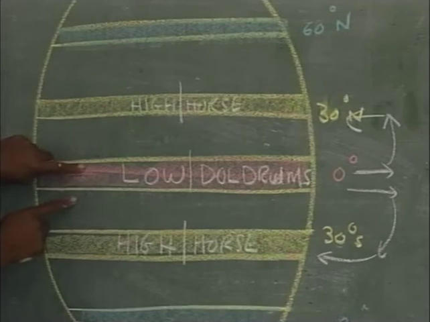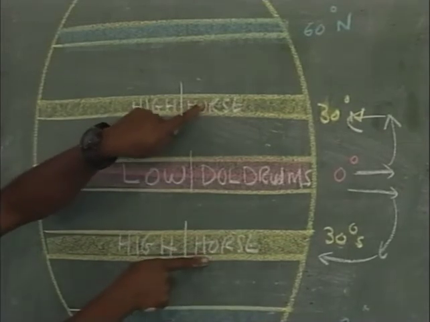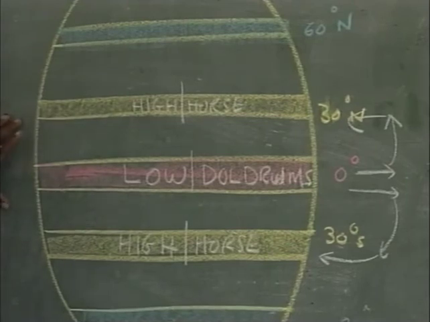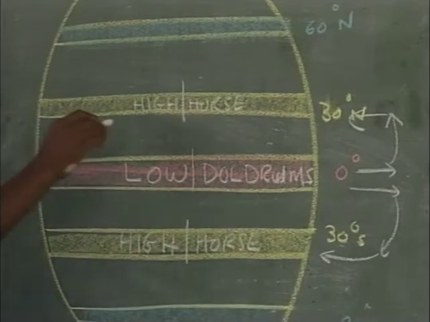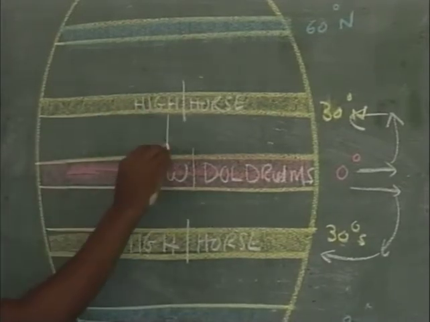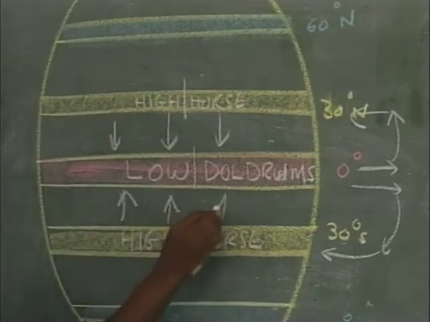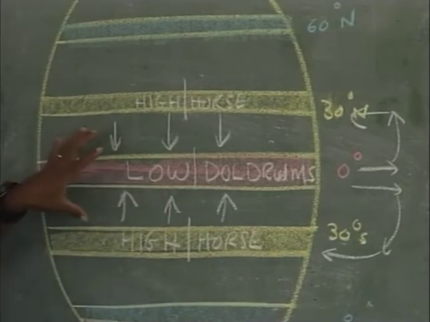At the equator, high pressure, I'll correct that. At the equator, low pressure, simply because of the rising air. The air rises, sinks about 30 degrees north and south, creates a high pressure area. The high pressure area at 30 degrees north and south is referred to as the Horse latitude. In this region, some of the air is actually blown back towards the equator, and the blowing of the air back towards the equator will give us the winds.